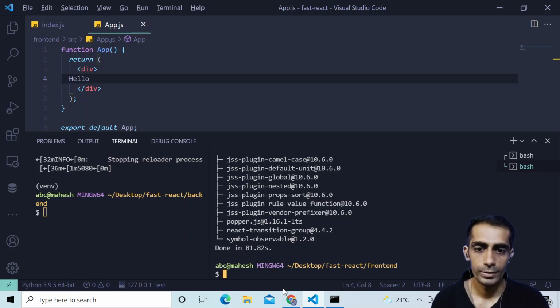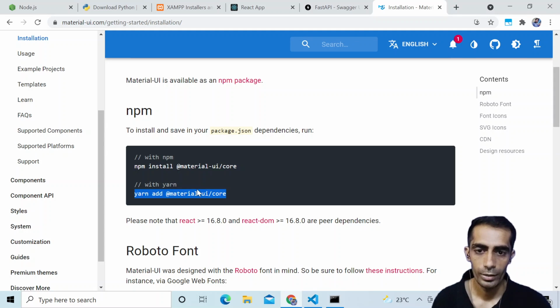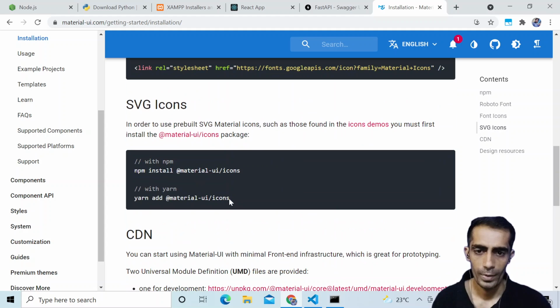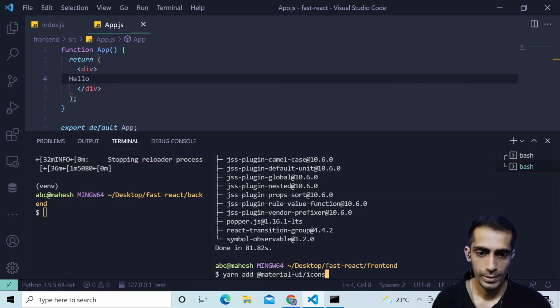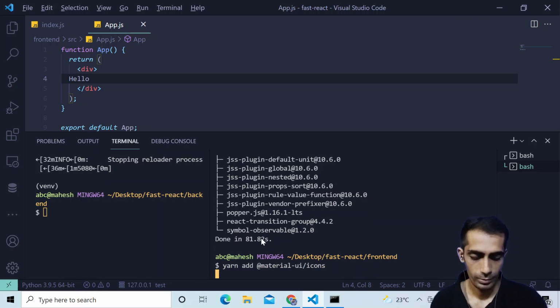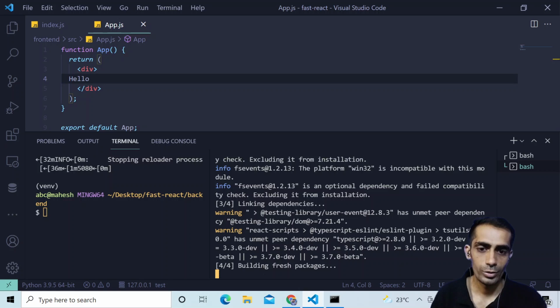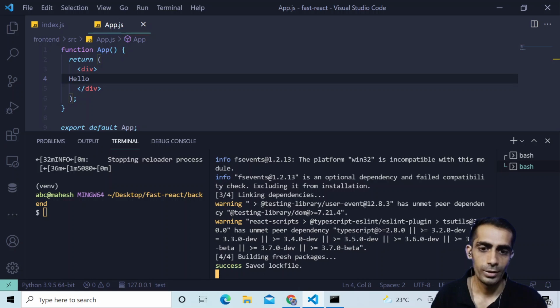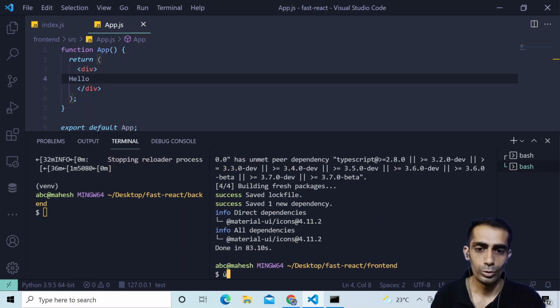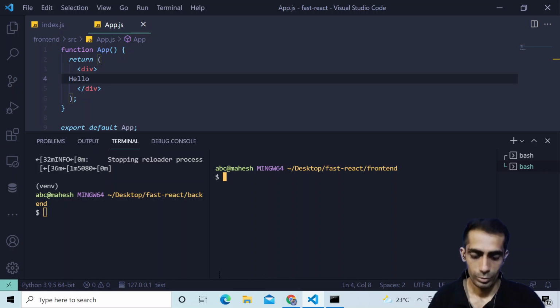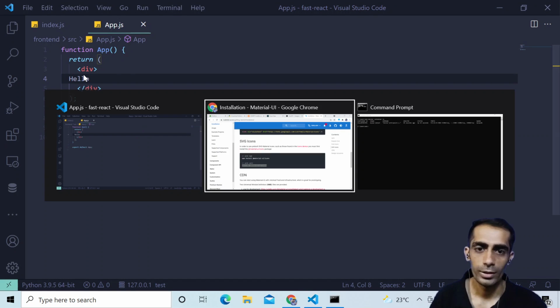Okay, this is done. After that, grab this thing, paste this thing. Okay, this is also done, I guess. Yeah, this is done. So we have all the packages. Now we can proceed. So once again, yarn start, hit enter, control plus backtick, close this thing, go to the